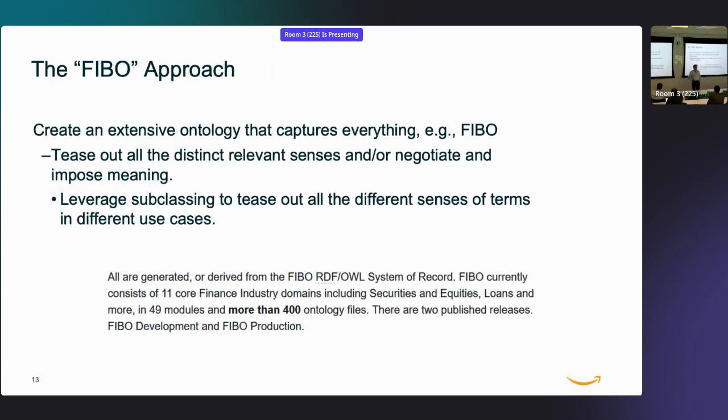If any of you have looked at FIBO, you know it's actually an amazing ontology, incredibly detailed, very, very accurate. We've got a lot of experts who spent a lot of time building this really good, sophisticated ontology representing concepts that we need to know for the finance domain. Of course, the obvious challenge with FIBO is it took a long, long time to build it. And the second challenge is that if you want to start integrating your data sets against it, it's not trivial, right? It's fairly hard to do.